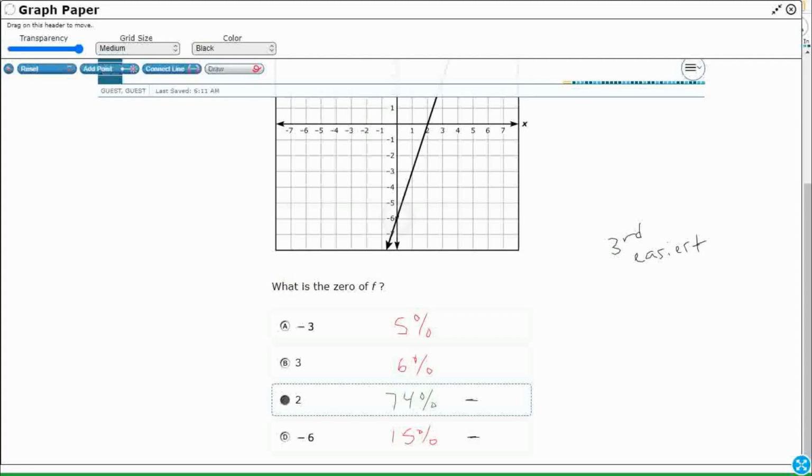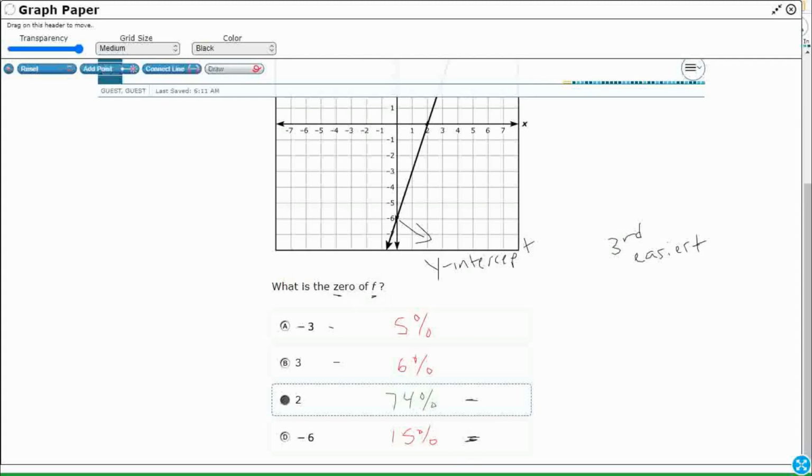So this is just a vocabulary thing. That is not a 0. That is a y-intercept. So those are the 2 points that make the most sense of either picking a 2 or -6. If you do a -3 or 3, nothing is happening at either location. So we understand this is that y-intercept, and then we just need to know the difference between a 0 and